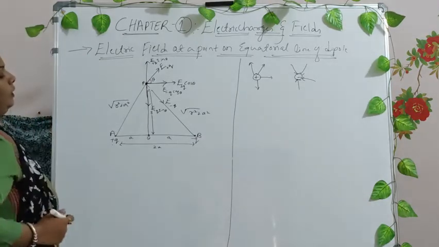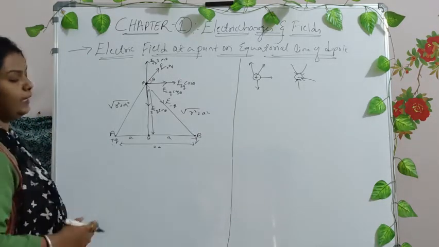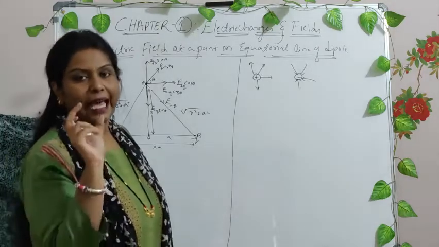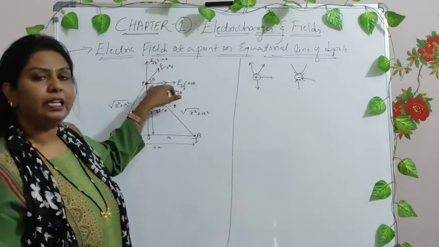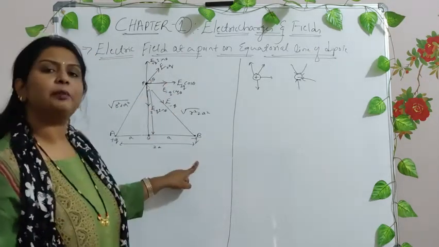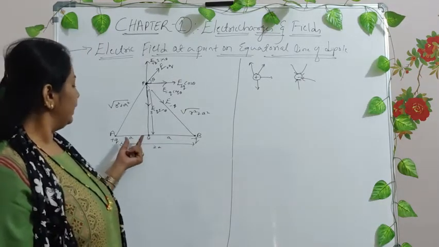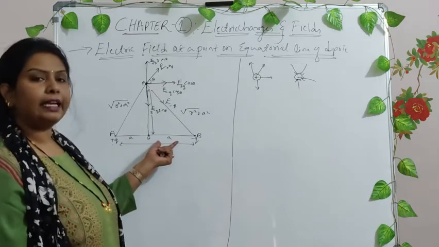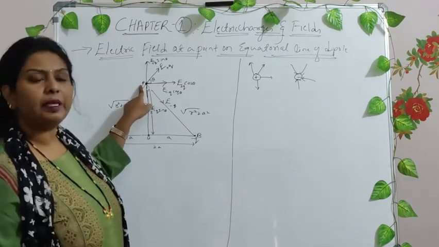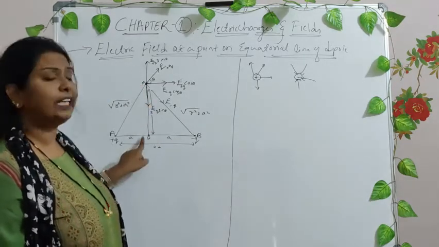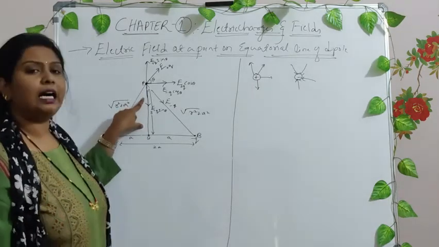Now what you want is the independent electric fields acting at the particular point P. Now you understood all the things that have been represented in this diagram. You have two charges separated by distance 2a, with the center at a and a on either side. You also have a point P on the equatorial line whose distance is r, right?